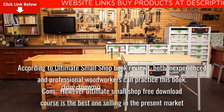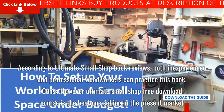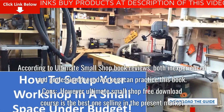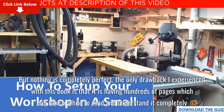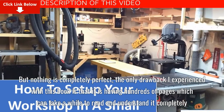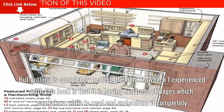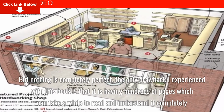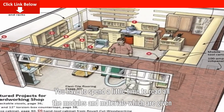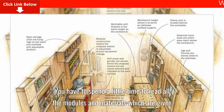Cons: however, the Ultimate Small Shop free download course is the best one selling in the present market. But nothing is completely perfect. The only drawback I experienced with this book is that it has hundreds of pages, which can take a while to read and understand completely. You have to spend a little time to read all the modules and materials which are